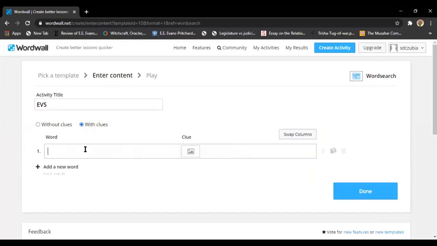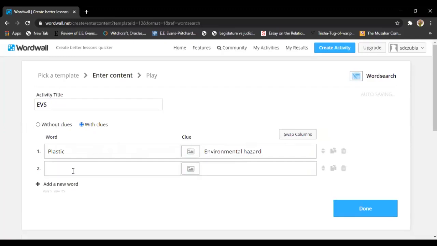So let's see, here I write plastic. Clue can be environmental. Okay, and I add a new word. I want to add oxygen. Here I want to add essential for animals and humans.